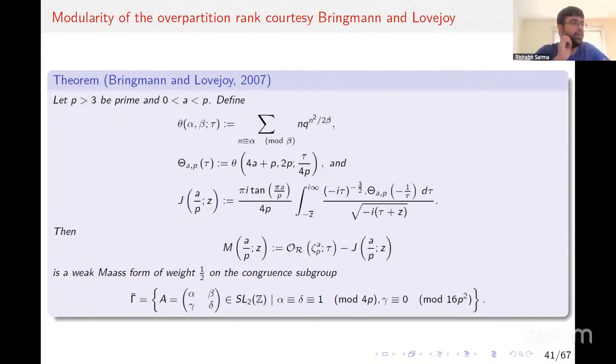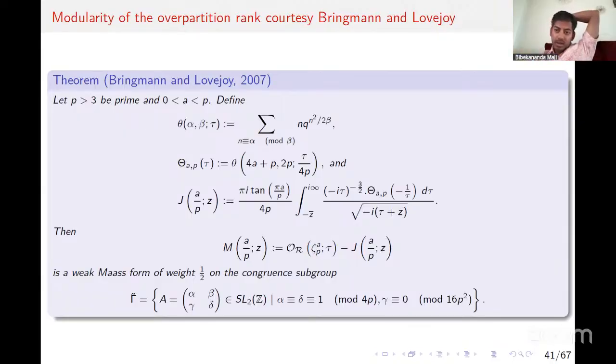I can tell you two things here. The first thing is that I have seen results where, instead of zeta_p, they consider zeta_c, where c is coprime to some other number, you know what I mean, right? The GCD of c and something is equal to 1. I have seen stuff like that.